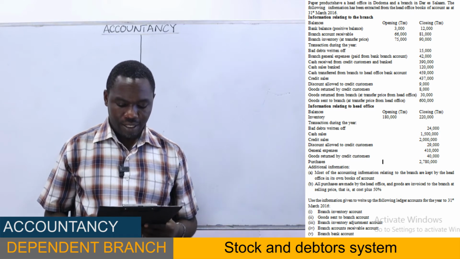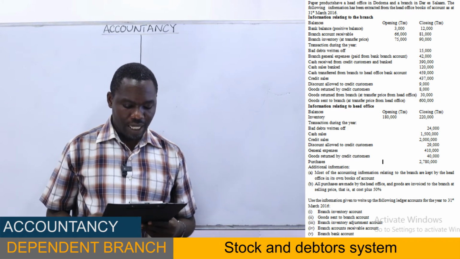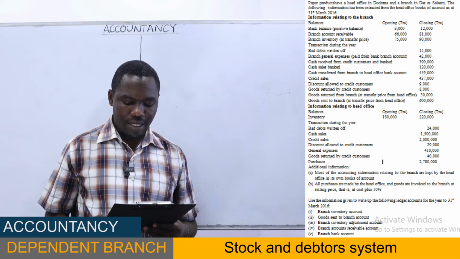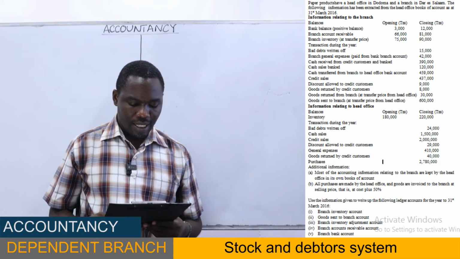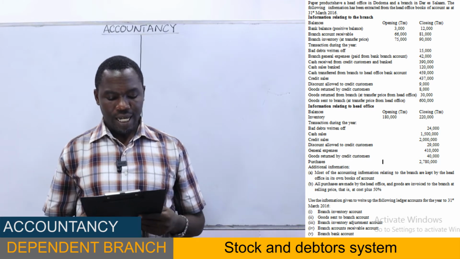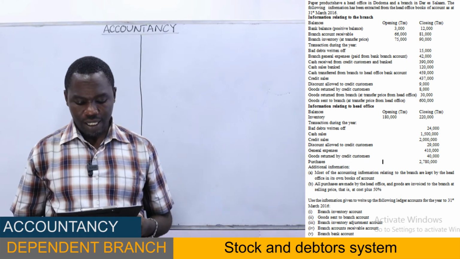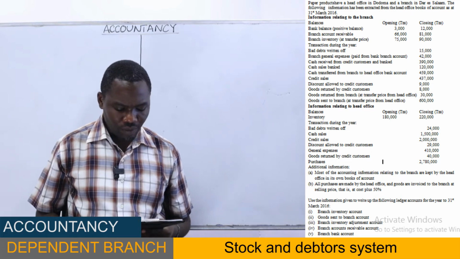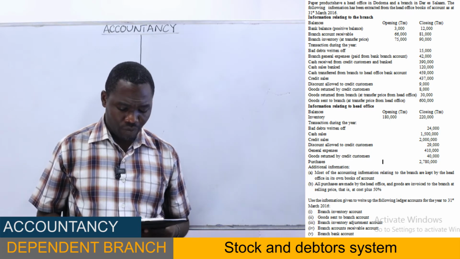Credit sales, 2 million. Discount allowed to credit customers, 29,000. General expenses, 410,000. Goods returned by credit customers, 40,000. There are purchases, yes,